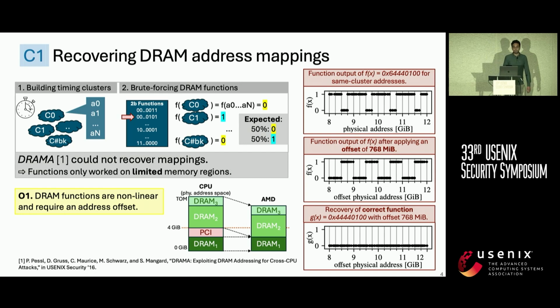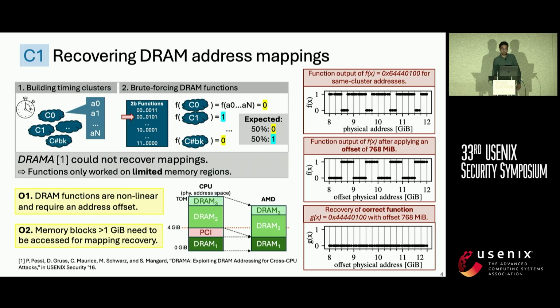And this is because there is some PCI address range in the physical address space that is remapped on AMD systems. And that's why we need an offset. This offset is system-specific and can also be recovered if you have sudo access on the system. And the second observation is that we need memory blocks larger than 1 gigabyte to recover the address function on